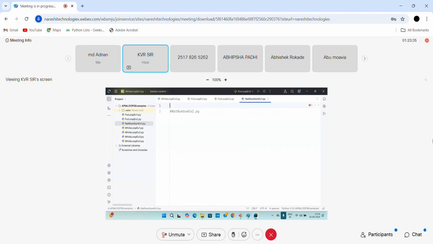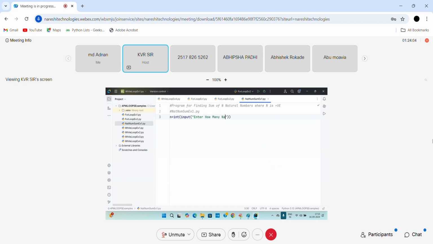So here I am writing a program for finding the sum of n natural numbers, where n is positive. Now n is equal to input of enter